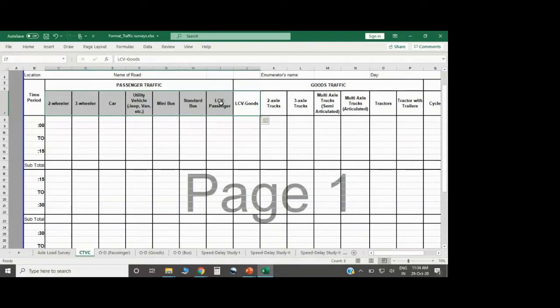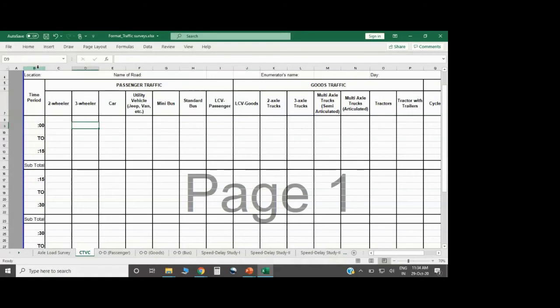Now I don't know how many of you know this term LCV, but LCV is light commercial vehicle. Okay, so as per Indian standards, any vehicle whose gross vehicle weight is 3 tons or above is termed a commercial vehicle, CV. And then a lighter category, maybe 1 ton or 2 ton, is termed an LCV, light commercial vehicle.